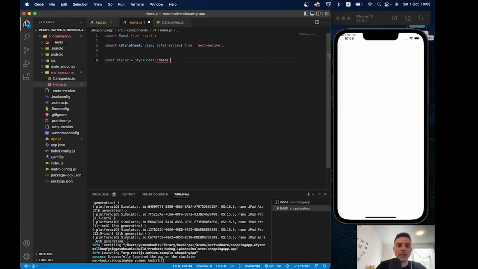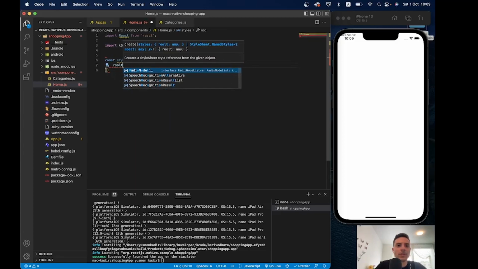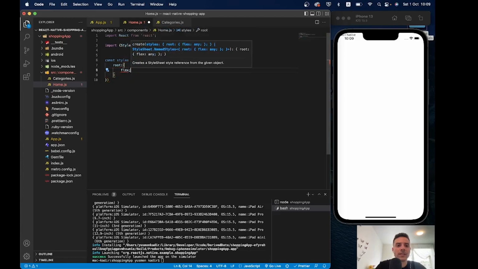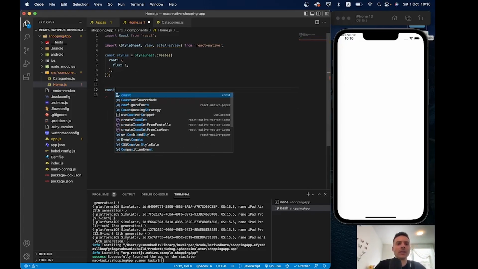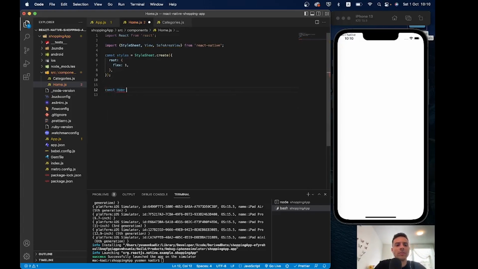Here we will style this component, and that's an empty object usually, and we have also root, and we can say flex 1, and then later when we assign this root to the SafeAreaView or View, that will take the whole screen. So you'll see this, and then we're going to say const Home equals an arrow function,